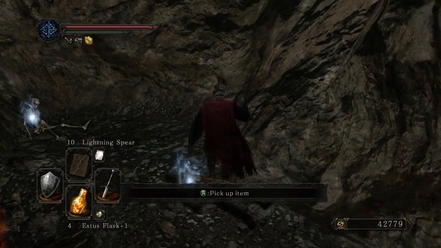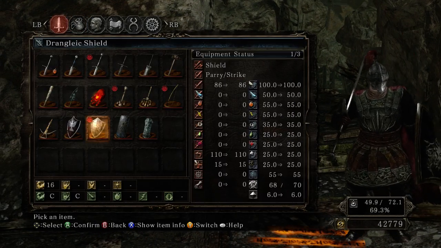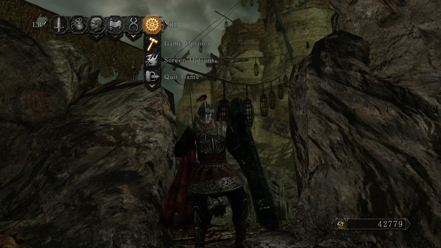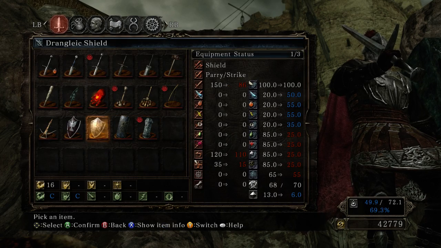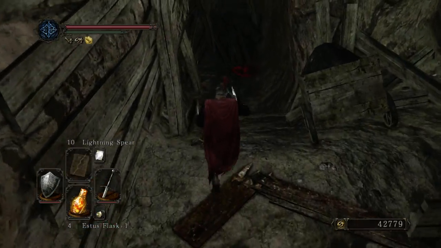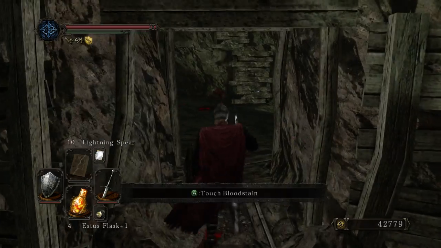Old Knight's Great Shield. What does that look like? That's quite cool. Alright, now that's all dealt with. If you go back down, about halfway down it, there's this room here. After you go down there, you can't come back up. That's the trade-off. So,